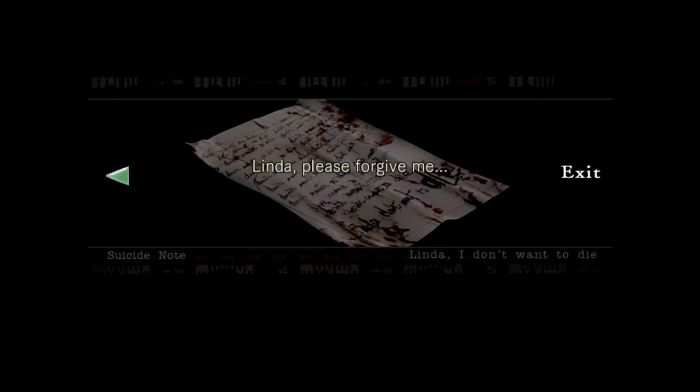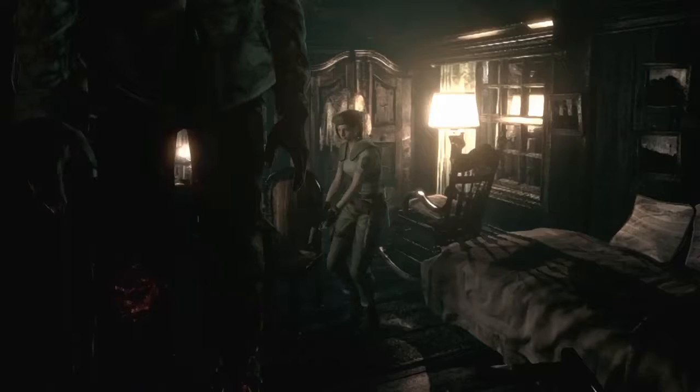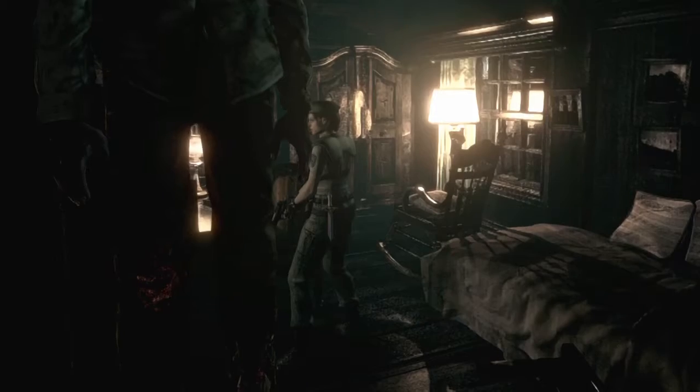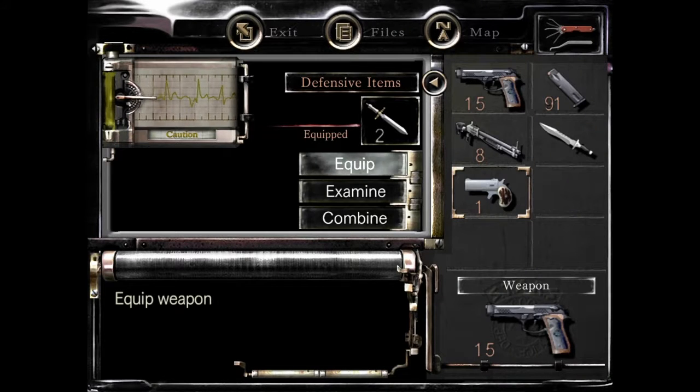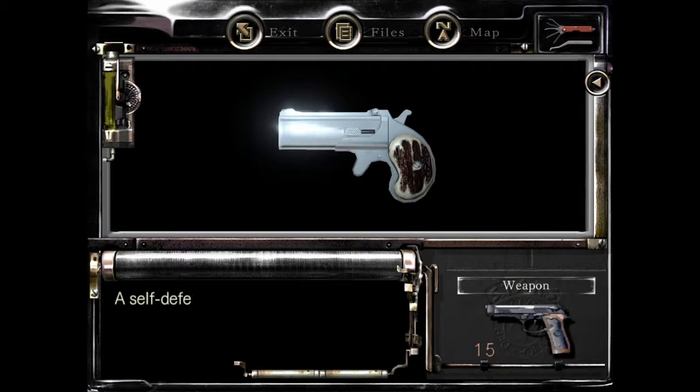There's a message on the back. Linda, please forgive me. That name sounds familiar, doesn't it? And here you get another magazine of ammunition. And let's take a look at the weapon that we picked up that came with it. A self-defense gun